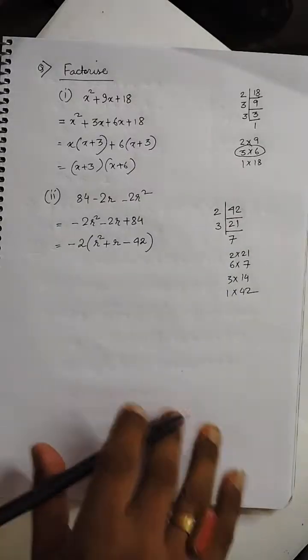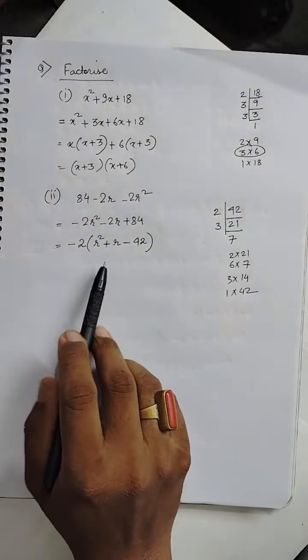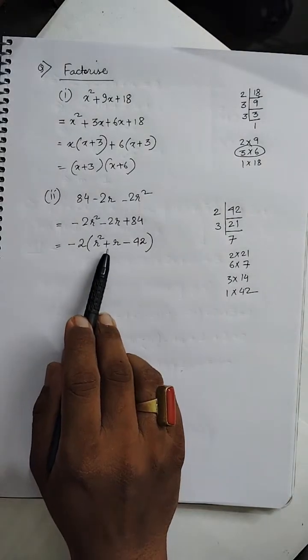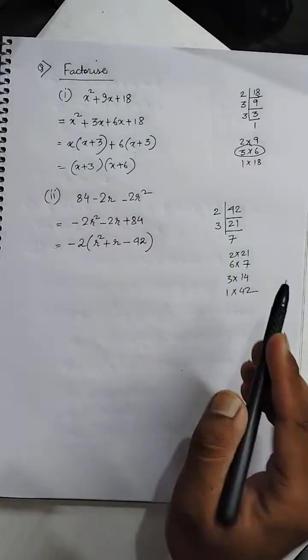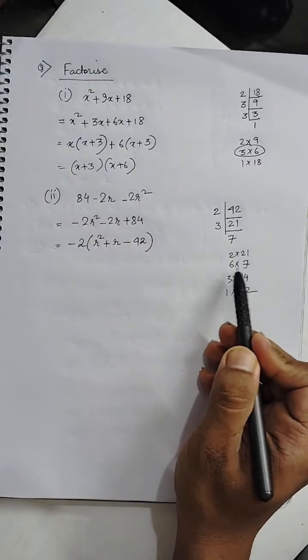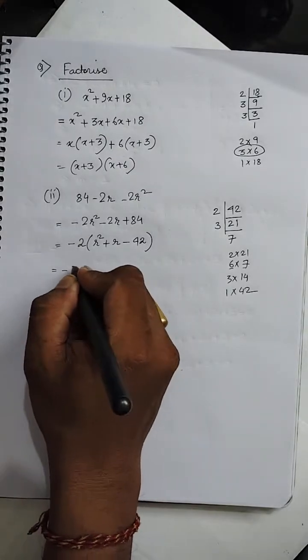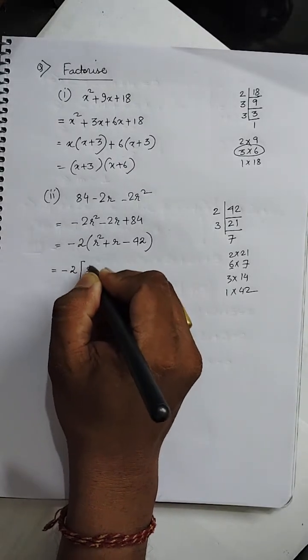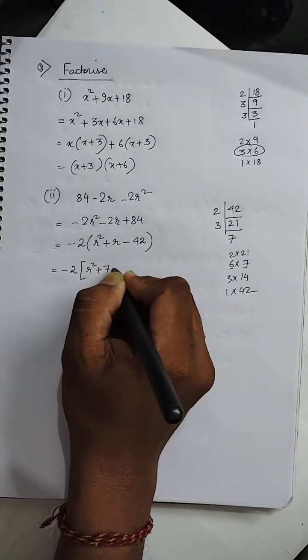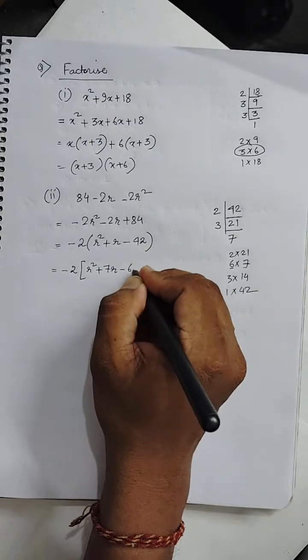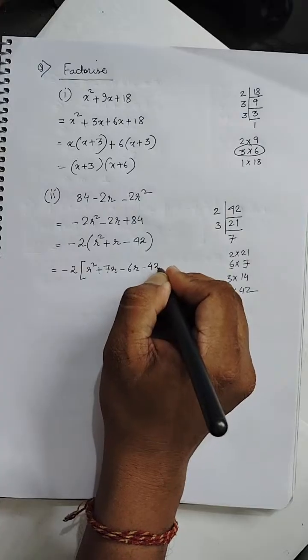Okay, now which term do we take as negative? Now that depends on the middle term here. The middle term is positive, that means the bigger value has to be the positive one and the smaller value will be negative. So if we arrange this, it will be r square plus 7r minus 6r minus 40